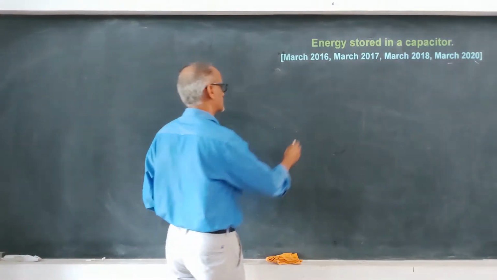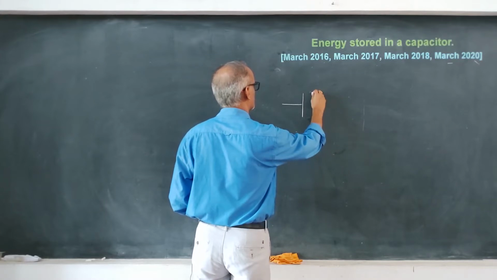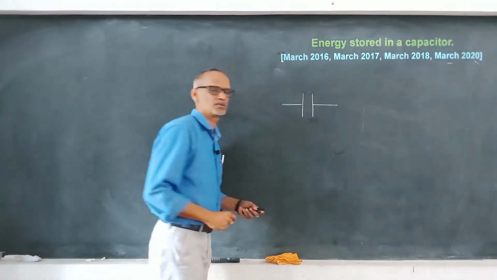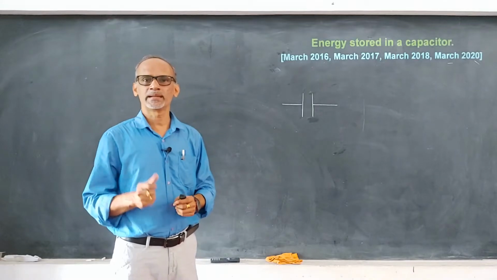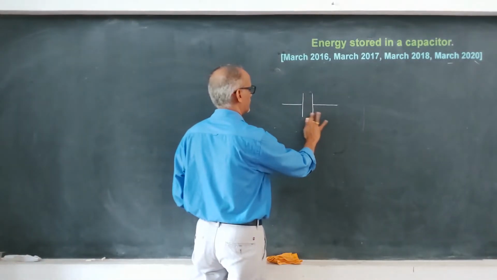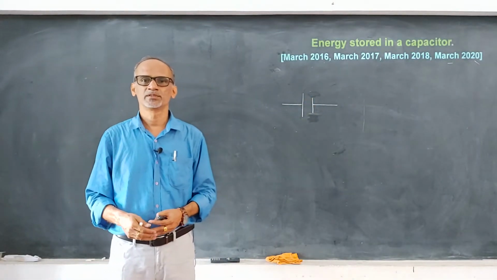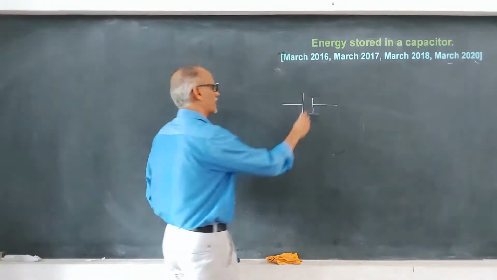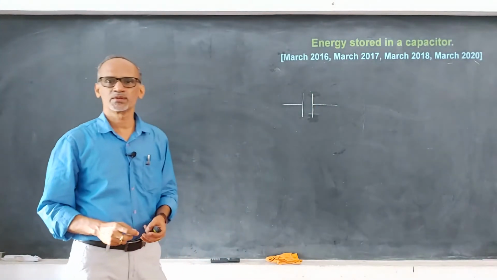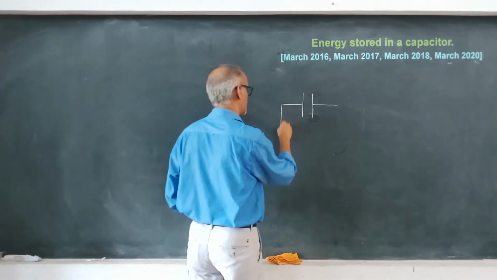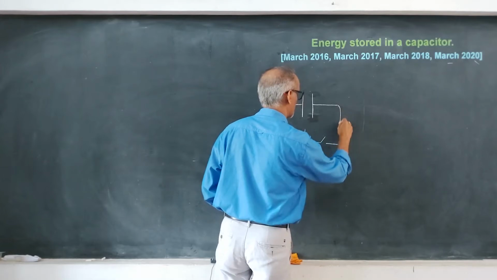To charge a capacitor, you need to connect the capacitor. The symbol used for the capacitor is 2 straight parallel lines of equal length, because if their lengths are not equal, then it becomes the symbol of some other device, which is a cell or a battery. So the capacitor symbol is 2 parallel straight lines of the same length. When connected to a battery with a switch like this,